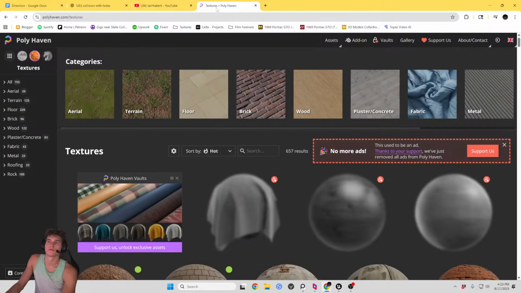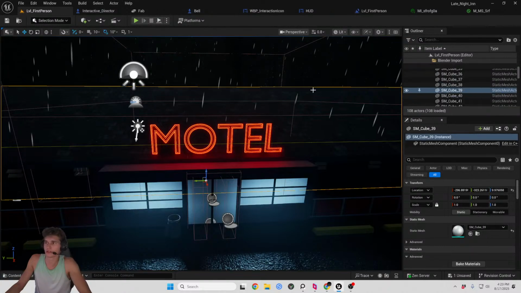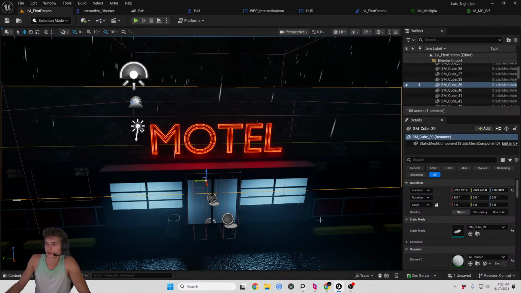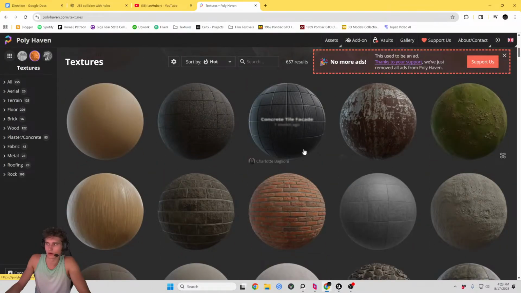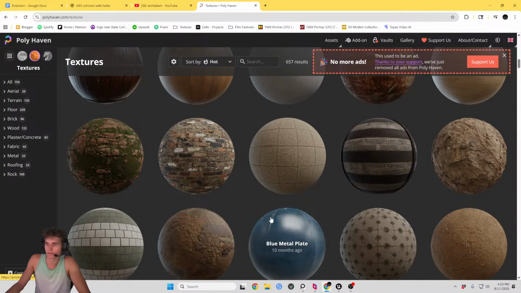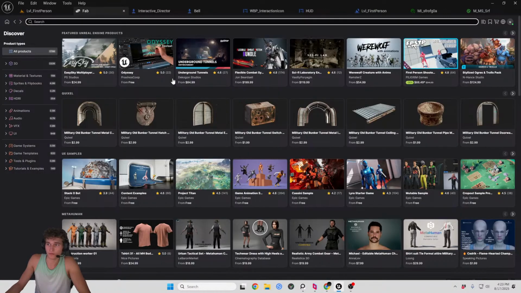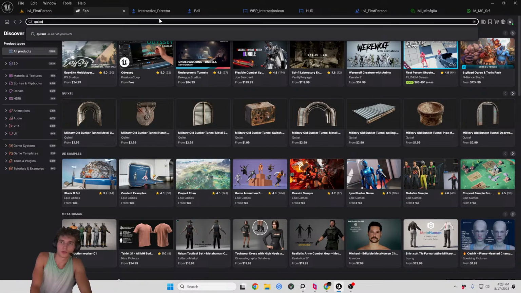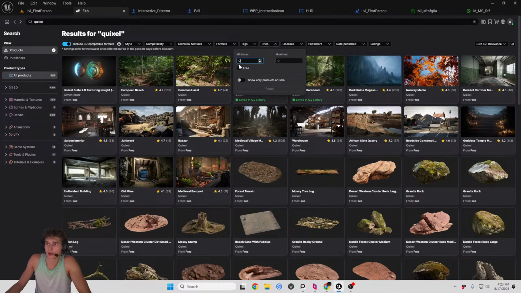A lot of the materials, I think the roof material for this I got from Polyhaven. So yeah, just come on here and all of this stuff is free, and you can take it and import it to Unreal Engine. And now also in Unreal Engine, you have this thing called Fab, and you can search for free textures. Quixel has a lot of free stuff. So if you set your price to free,